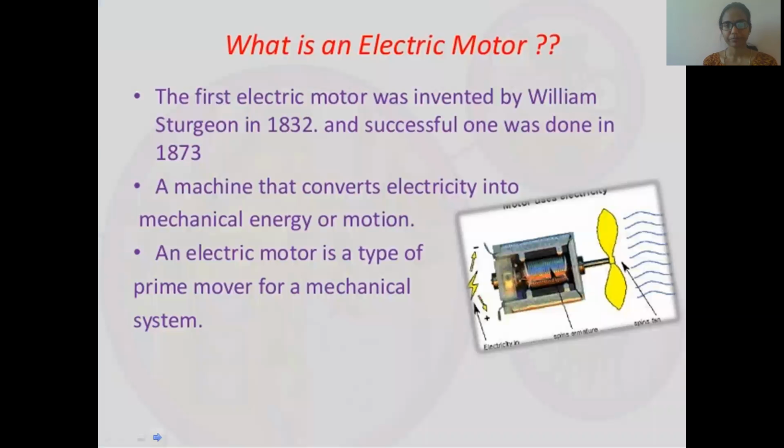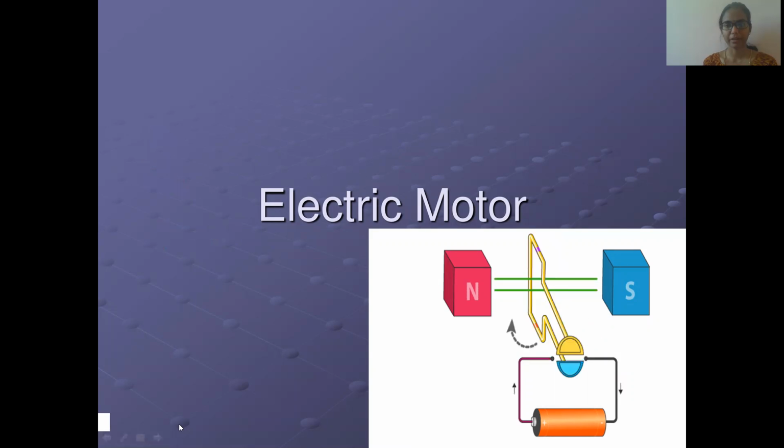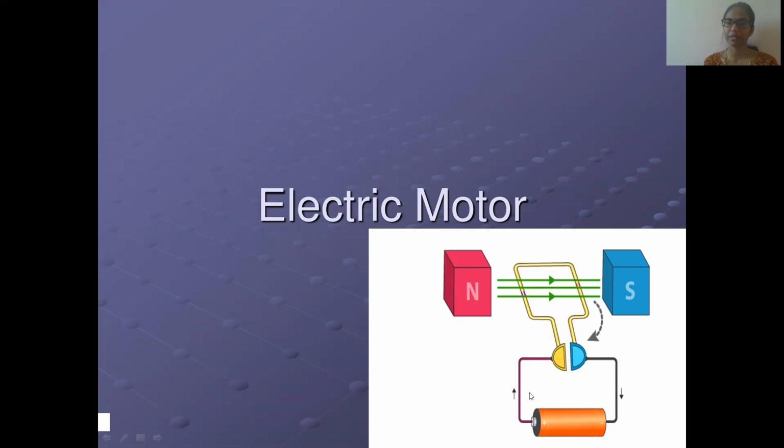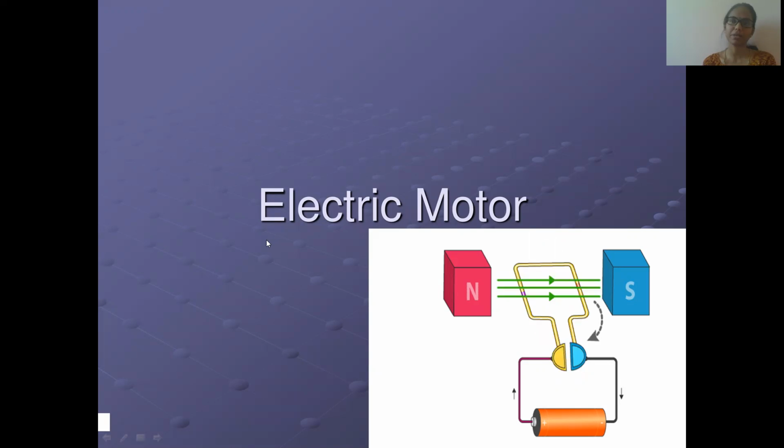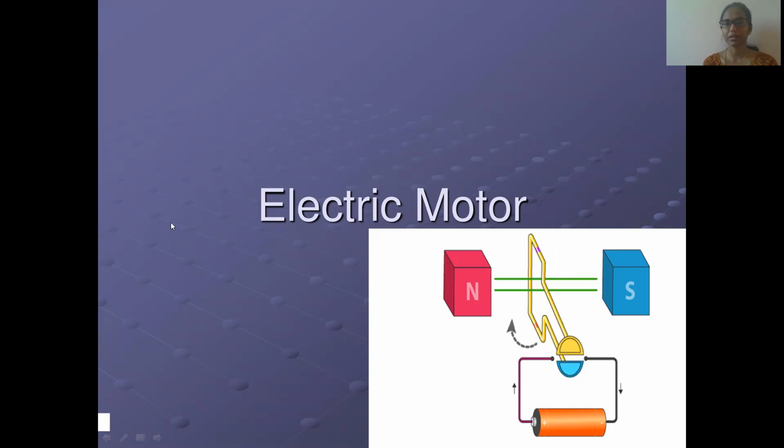Let us come. This is the magnetic effect of electric current, and you can see in your picture north and south poles, the two magnets we're going to take. In between the two magnets, we place the current carrying coil; by using the cell, we are providing the current. Our current is passing through the conductor. What will happen when you place a current carrying conductor in the magnetic field? It will experience a force, right, children? We learned that in the last section. That force, how will it act? That we're going to learn now.